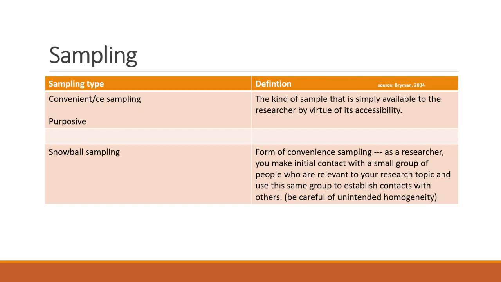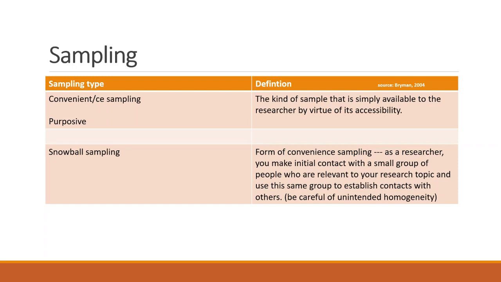And then it becomes quicker as well. But it always has to be in line with the focus of your research. So it should not just be about convenience, even if maybe people do not have the kind of experience that you're hoping that they have, based on the focus of your study. And then another sampling type in qualitative research is snowball sampling. Sometimes you might know one or two people, but because of similar experiences, people might know other people who have also had a similar experience. So it's also a form of convenience sampling.